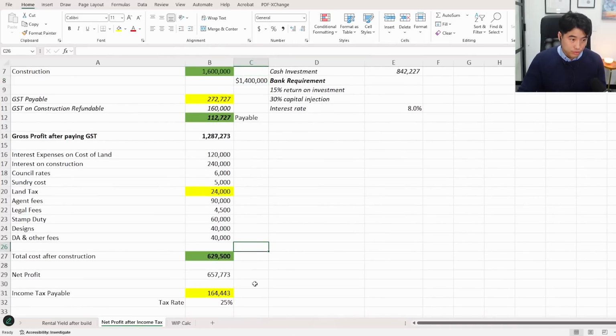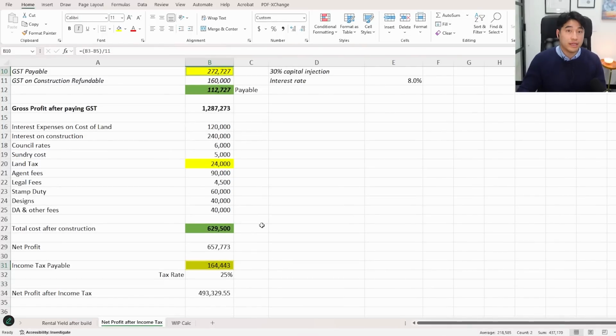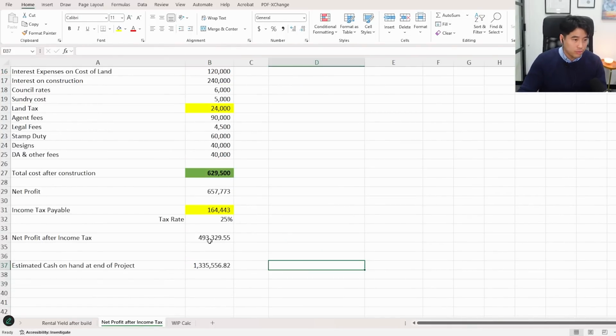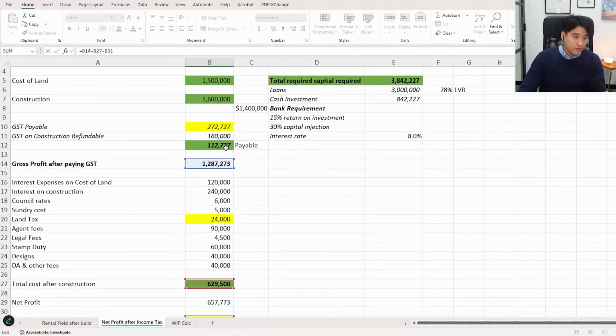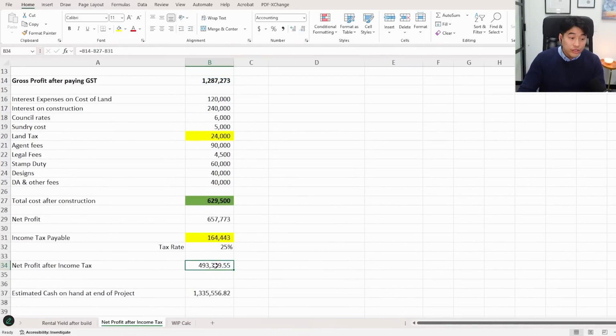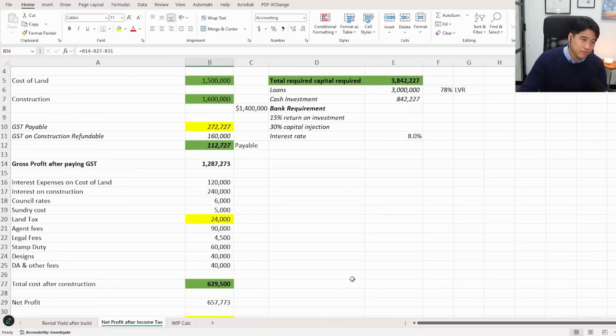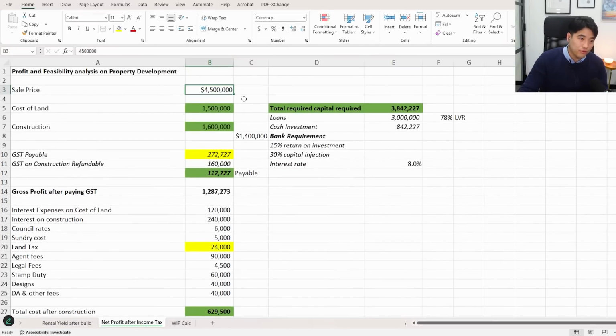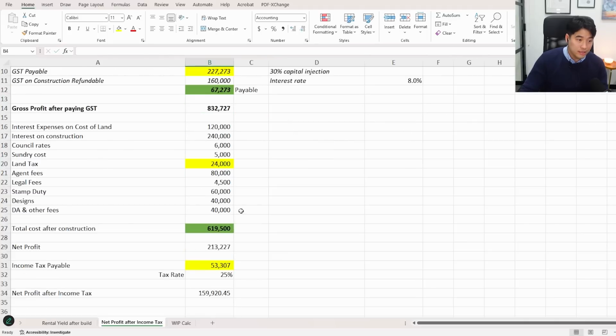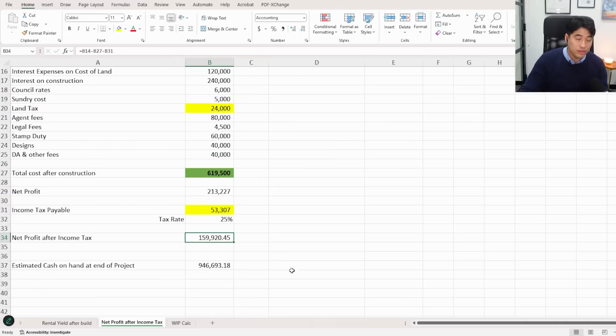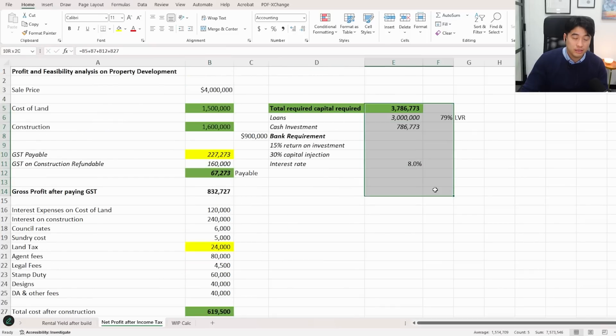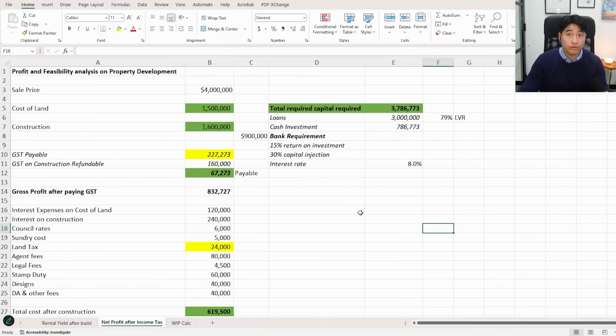So it's very important that you retain these tax amounts and you pay it to the tax office, not as soon as possible, but when the time is due, and you hold that money and you don't reinvest it elsewhere. I just want to point out as well, the net profit after paying taxes, after the GST, after the income tax, ends up only being 500K, which is still pretty good, but you have to make sure that you sell it for 4.5. So if this goes down and you end up selling for 2 million each, then it changes everything. Your net profit's only 150K. And you're taking such a big leap that it might not even be worth your while.